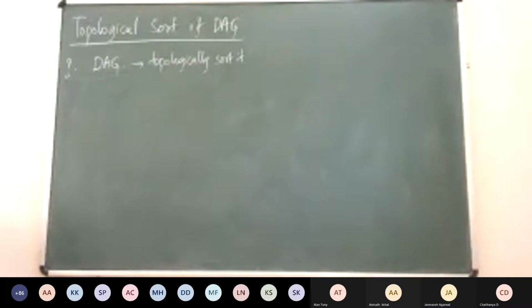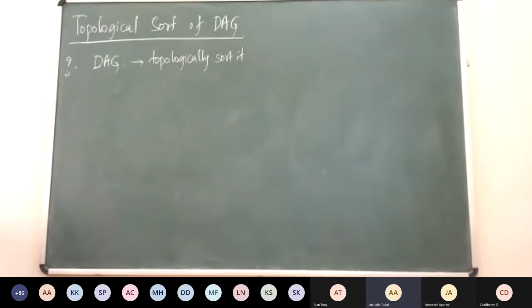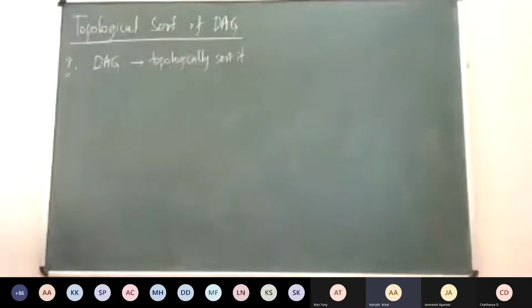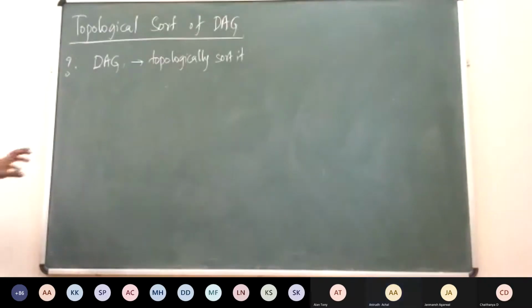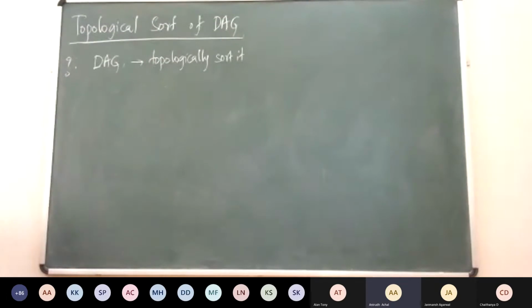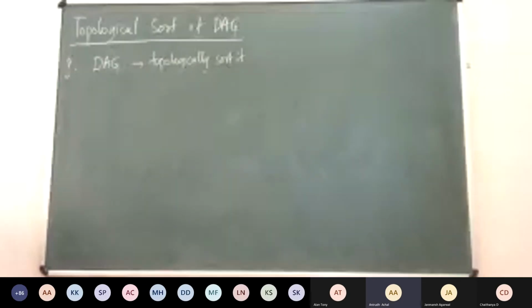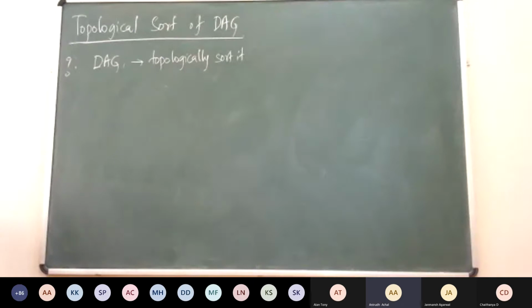Anirudh, you were defining something. I guess reachability would be a better word. From a vertex, we want to add it to the list before all of the vertices which are reachable from that particular vertex. So suppose you are preparing a list, you would want to add that vertex to the list before any of the vertices reachable from it are added, right? So how do we do that?